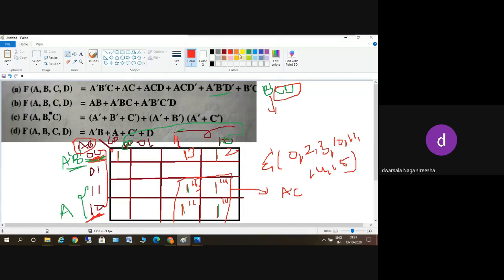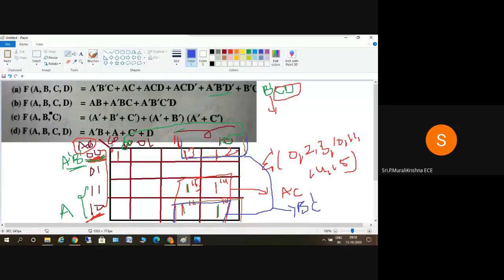2, 3, 10, 11. So this is the second quad here. Okay. So 2, 3, 10, 11. So what is this value? So what is the row term? B bar. So what is the row term for this? So row term for this is B bar. This row and this row. This is B bar. So what is the column term? C, sir. The column term is C. So we have 2 quads here and